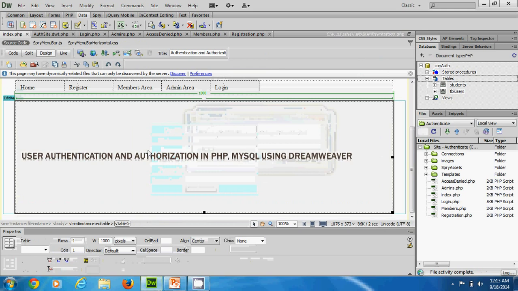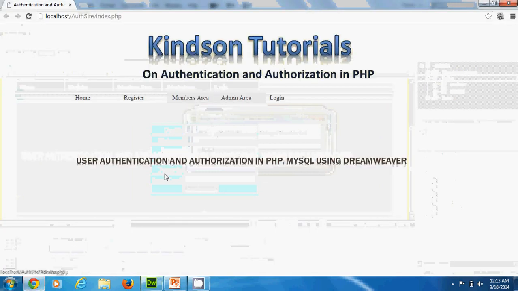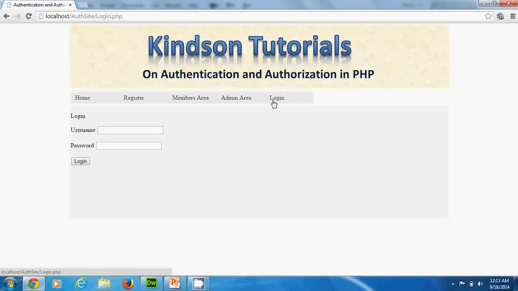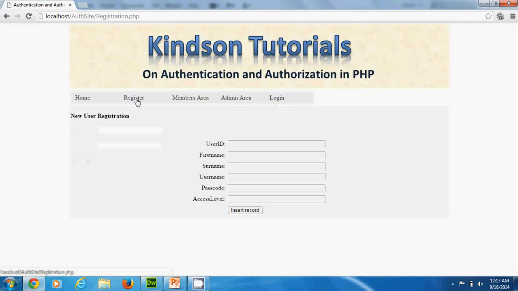So again, we press F12 to start. So now we go to login. For sure we can't log in, so let's go to register. We want to register a new user. Let's say KM CODES, that's my user ID. Kindson is my name. Munonye is my surname, and I would like to choose the username to be my email address, kmcodes@yahoo.com,